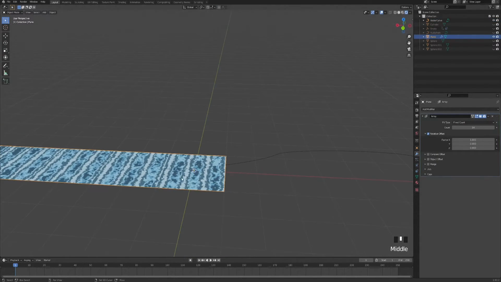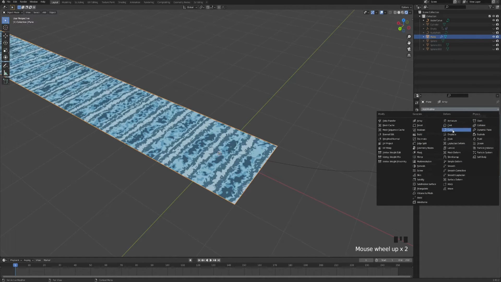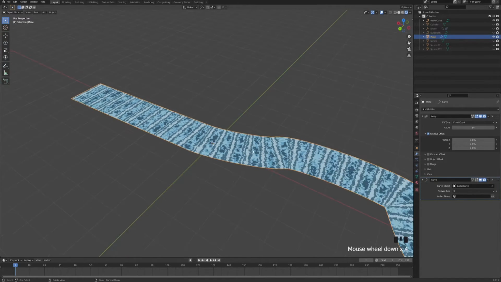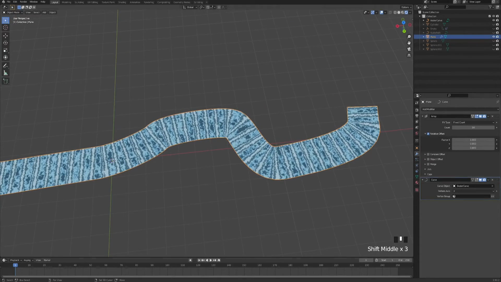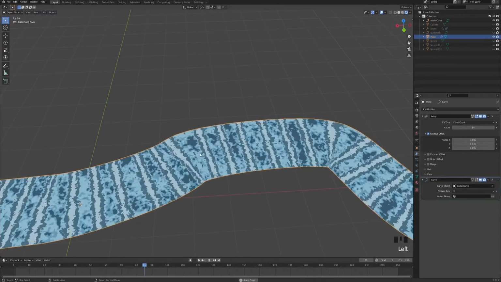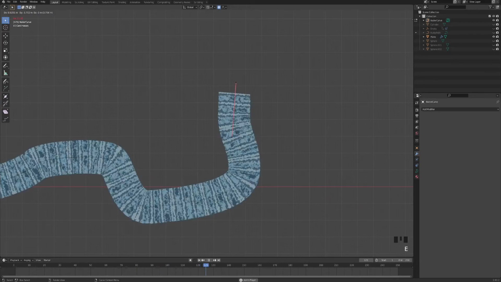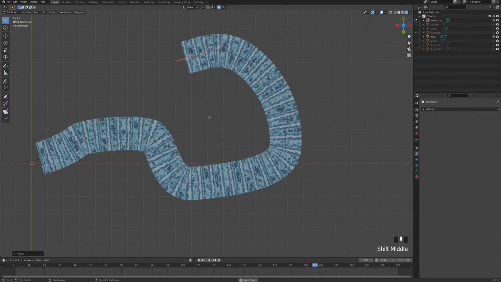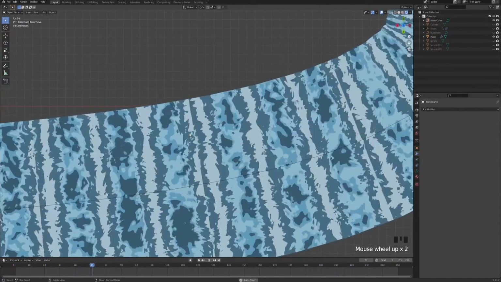And now with the river selected, let's add another modifier, deform curve, and as a curve let's choose the Bezier that we just created. And as you can see, it nicely follows the path along the curve so that you can have fun with it and manipulate it using this curve. Do however you like. Now you can see that there is a small problem with the clipping, but this is a very